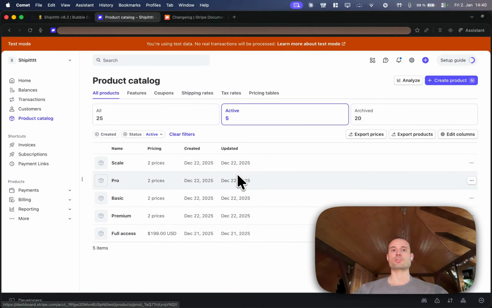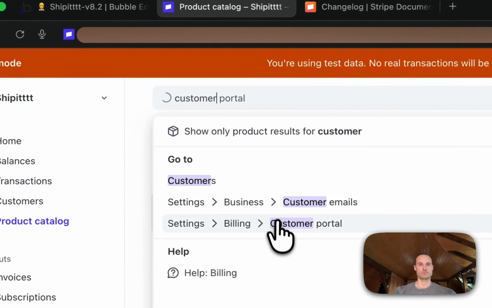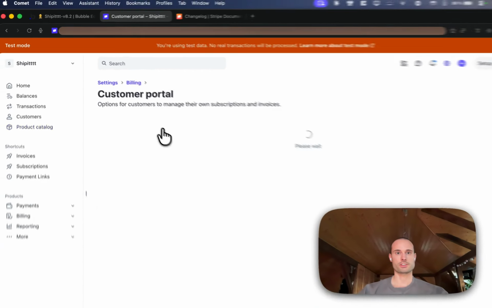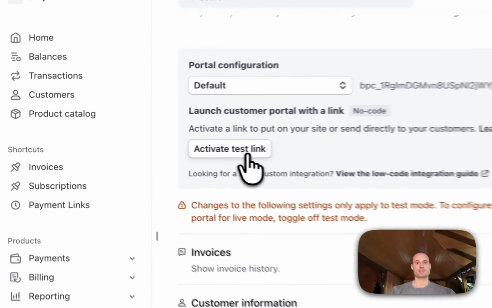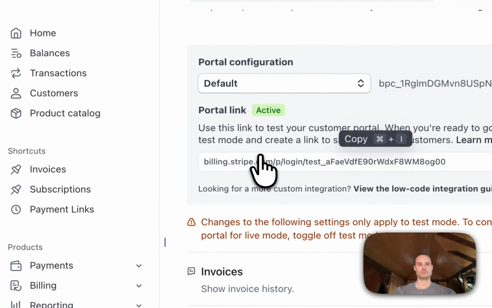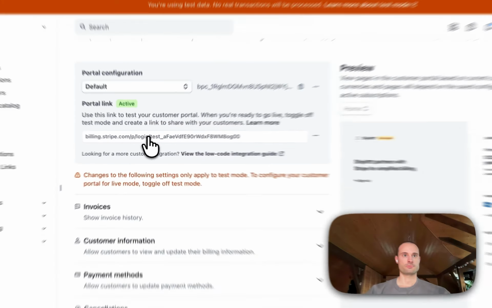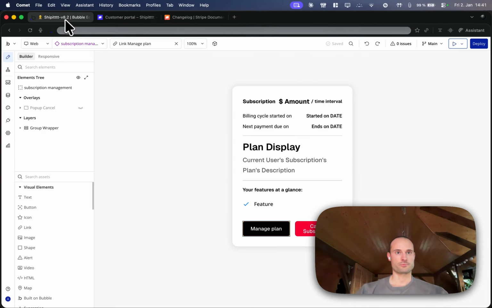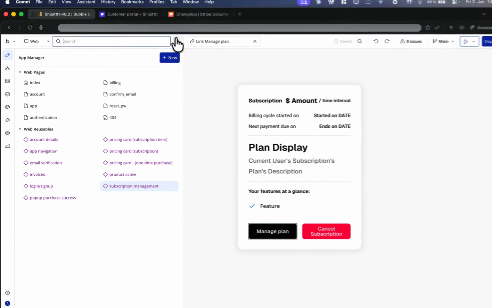In this last step, I'm going to show you how to enable Stripe Customer Portal and how to switch from test mode to live mode. We're going to search for Customer Portal. In the search field, we click on it, and then you will click Activate Test Link. You're going to copy the URL, go to the template, open up the web reusable subscription management,